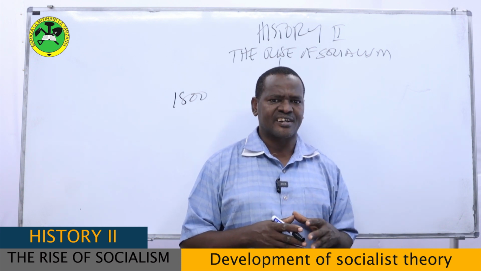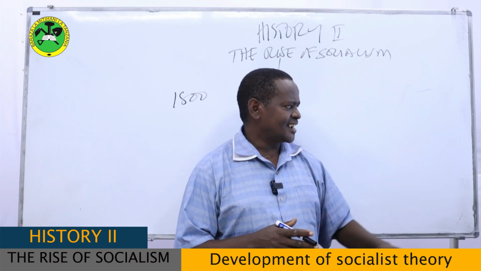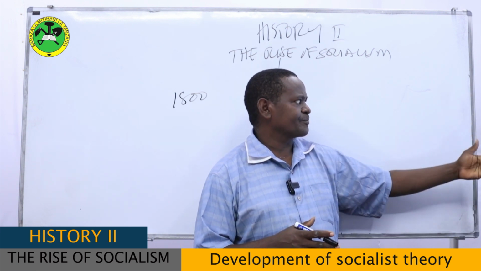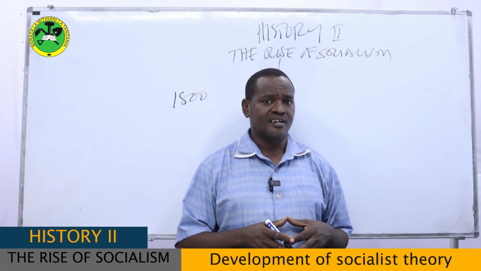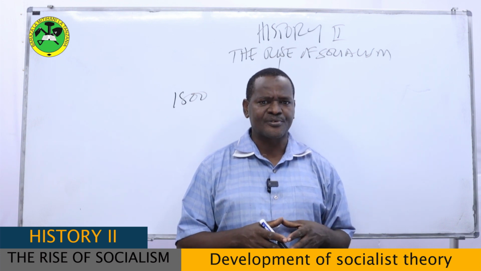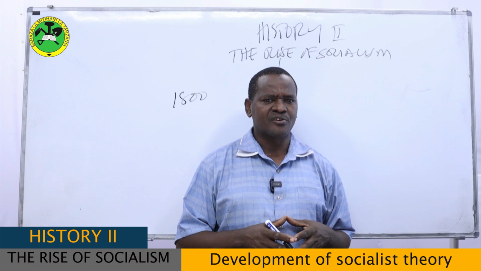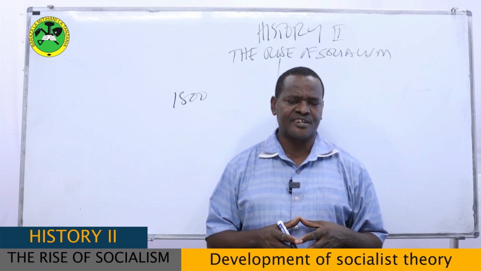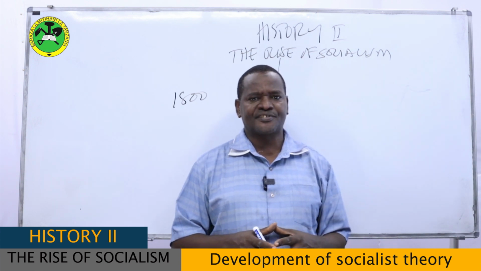In fact, he was referring that the more people are exploited, the more people become conscious. And this is exactly what the utopian socialists have done. Though they did not advocate the use of violence, at least through their preaching, their writings, their talking, they were able to encourage people, especially the workers, to become conscious of capitalist exploitation, something which later came to be used by scientific socialists.